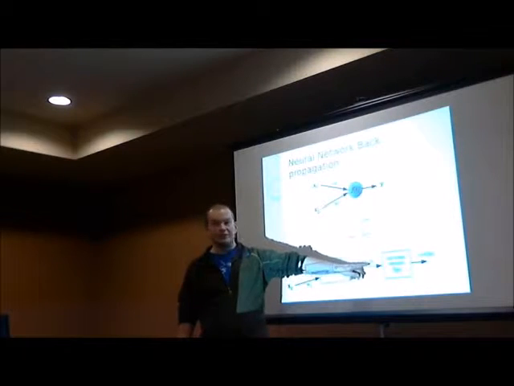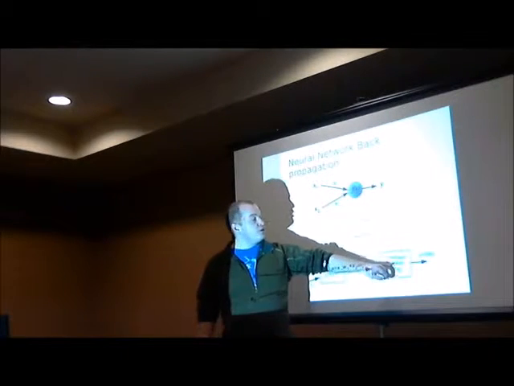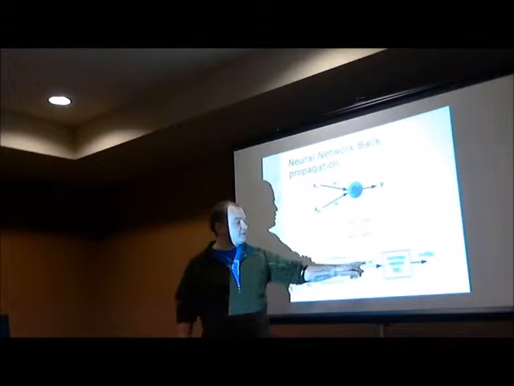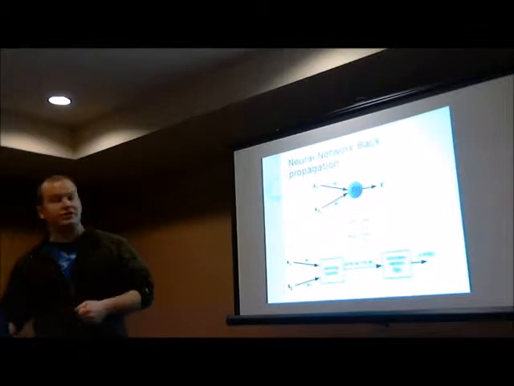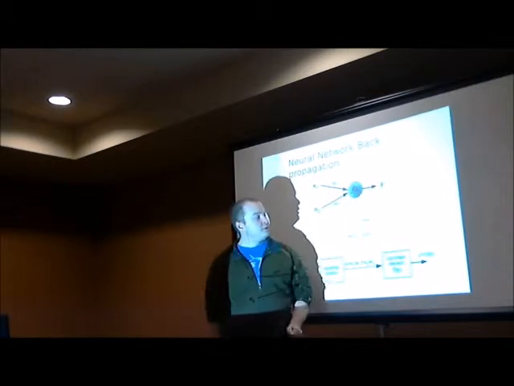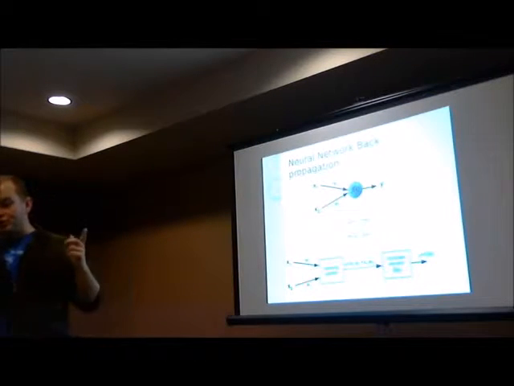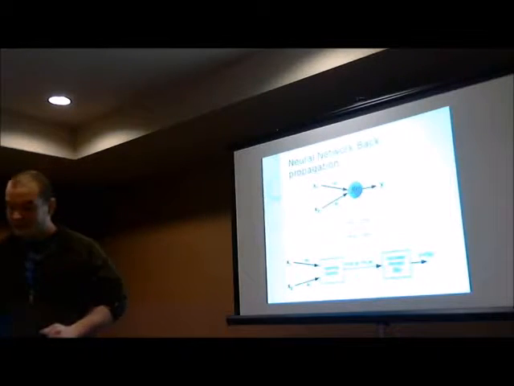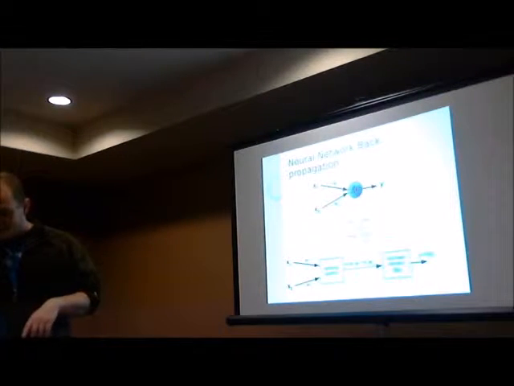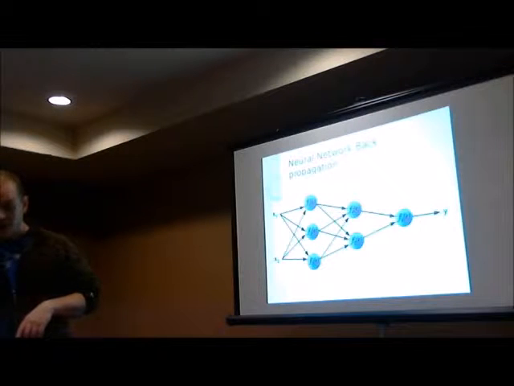function. Now this is just the linear function, right? And then we just sum them together like this, and then we do this nonlinear element where we throw them through like the sigmoid function, right? And so then it activates this way. Okay. So what I'm going to do is go through this real quick, and I'm going to show you how a neural network would actually work, okay? And hopefully there won't be any questions. All right, so anyway,